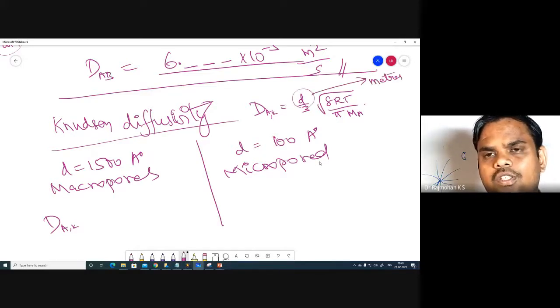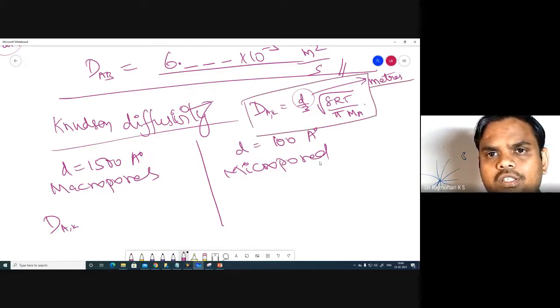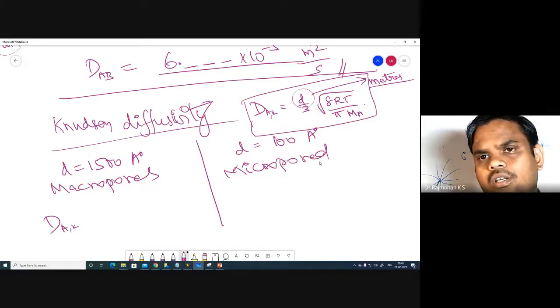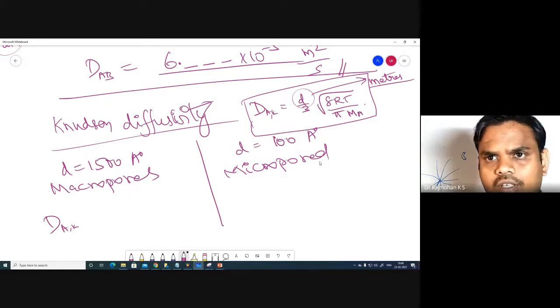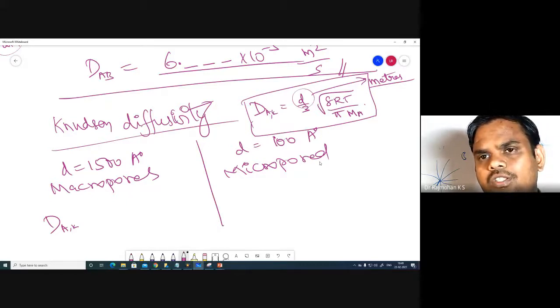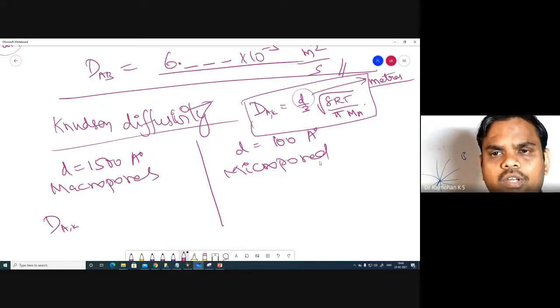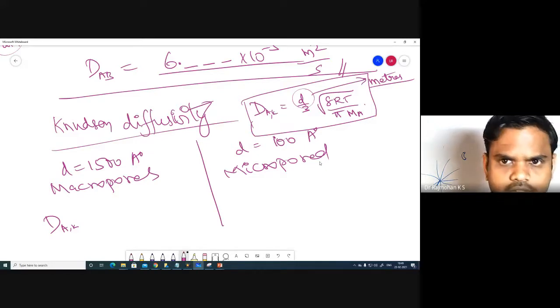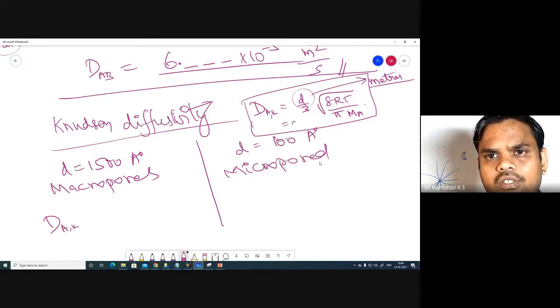So far whatever we are using is angstrom, so in this formula of Knudsen diffusivity, D is defined in terms of meters. R is 8314, that is Pascal meter cube per kilomole Kelvin. T is the absolute temperature in Kelvin. MA is your molecular weight of A. Okay, so that is the formula for DAK, which is D by 3 U bar, right? So that's what I was making mistake, that U bar is used in Knudsen diffusivity.